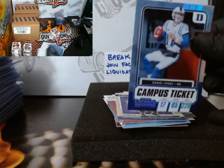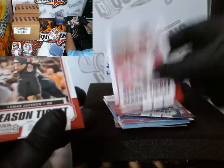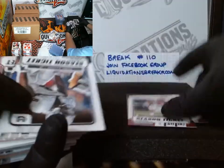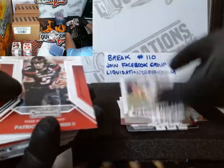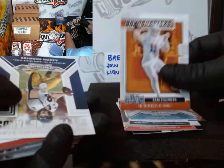And a Daniel Jones campus ticket. Henry, Rogers, Gordon, Jackson, and Watt. Watson, McCaffrey, Wagner, Jones, Chenault, Mahomes, Surratt, Barkley, Williams, Ehlinger,